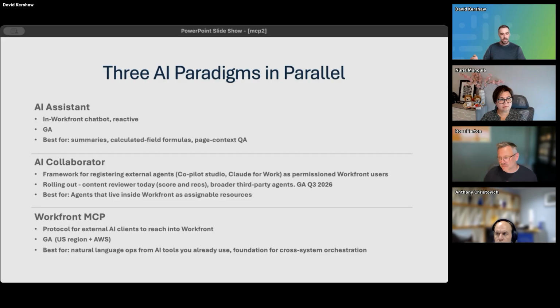Workfront MCP is a way to do that, but also ask questions of your Workfront instance, for example, what are my open tasks for the day? You connect your ChatGPT instance, Claude instance, or whatever else to your Workfront backend, so you can use the context of your Workfront environment within your AI sessions.